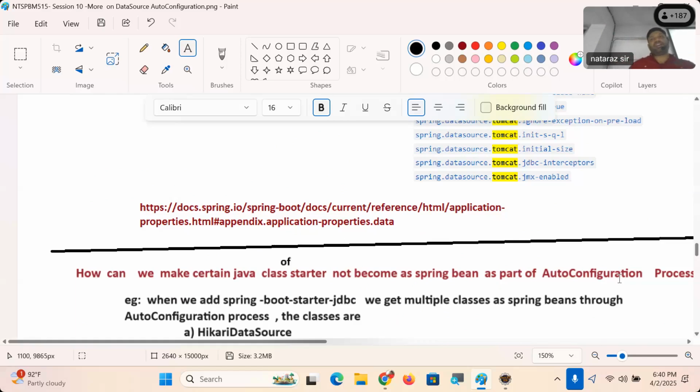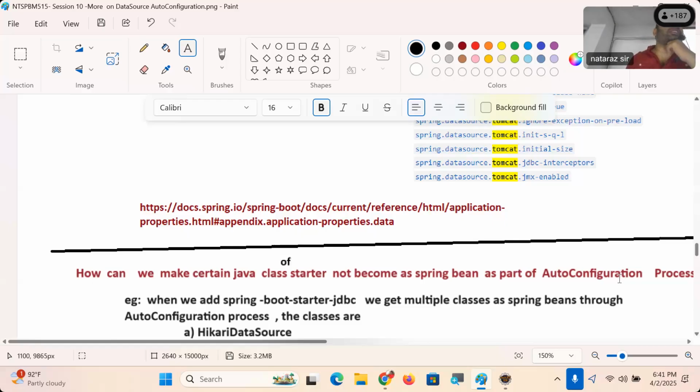It is definitely an automatic decision or not? Okay, now listen carefully. I want to add a starter. Definitely that starter related classes are becoming Spring Beans automatically. I don't want to see some classes becoming Spring Beans. Are some configuration classes not participating in